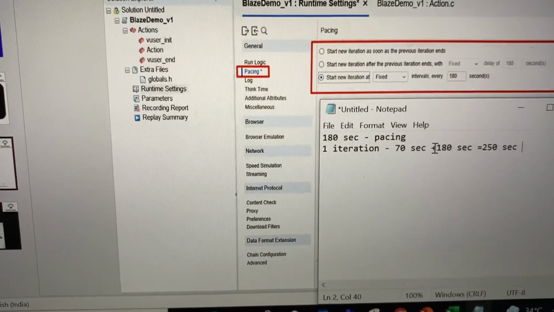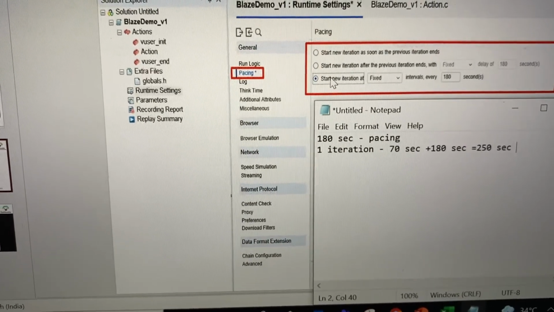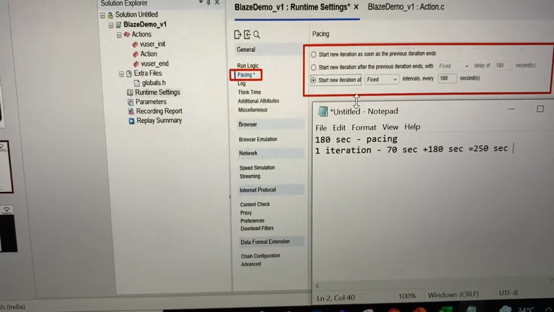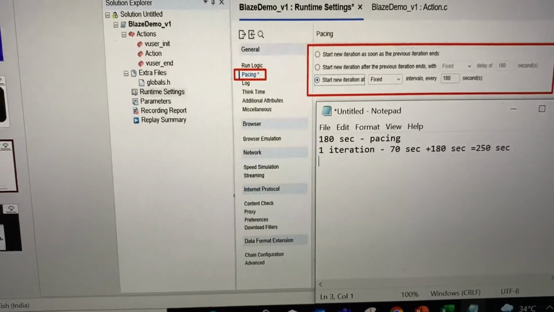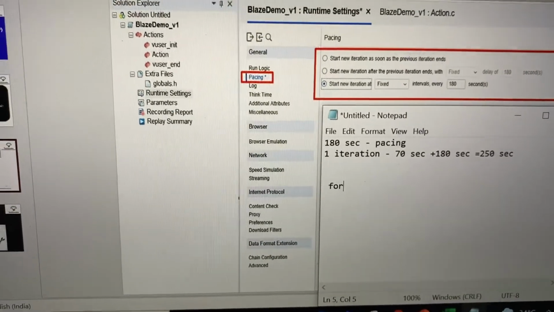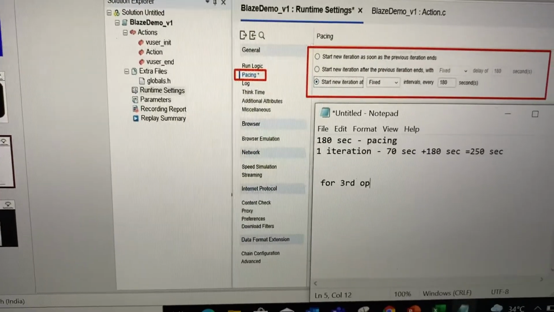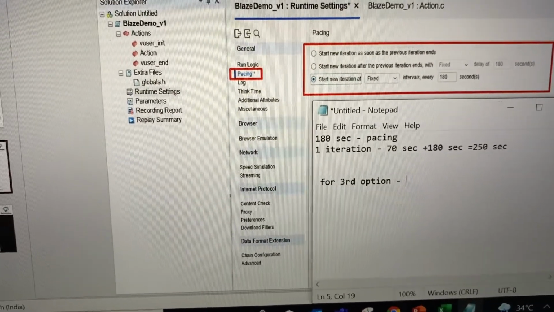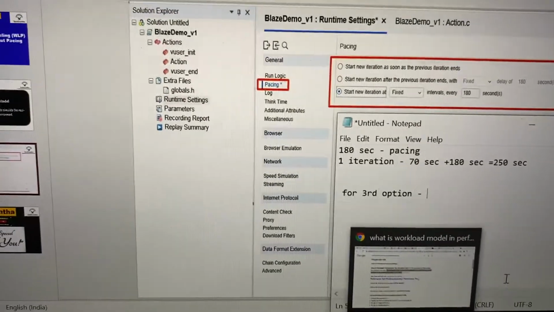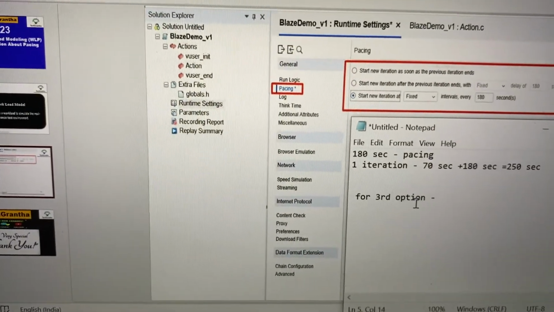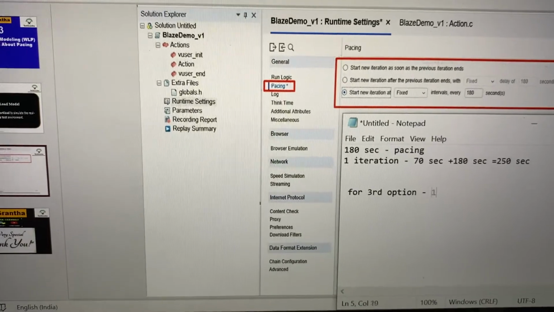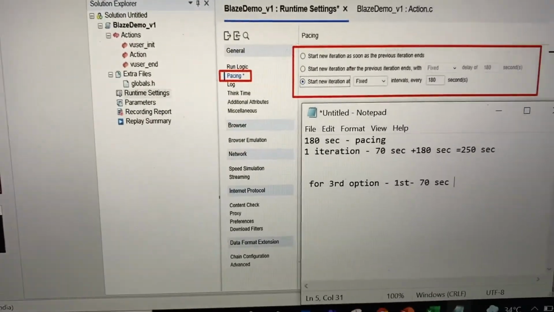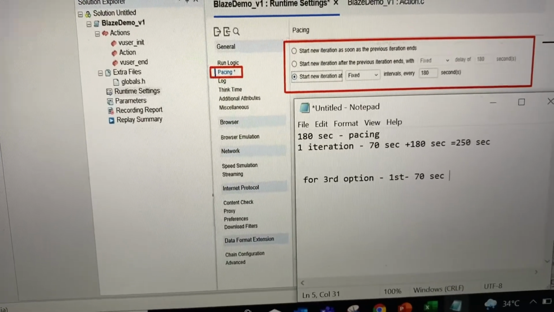Now the better option is the third option, which is more suitable for your pacing calculation. For the third option, suppose the first iteration takes 70 seconds and you gave 180 seconds as the delay.